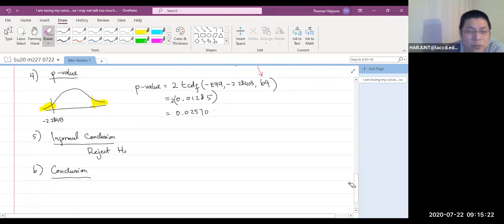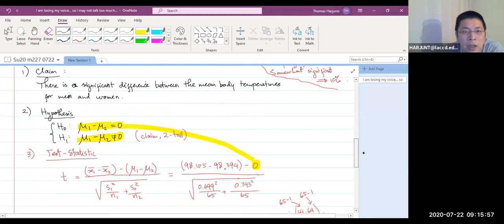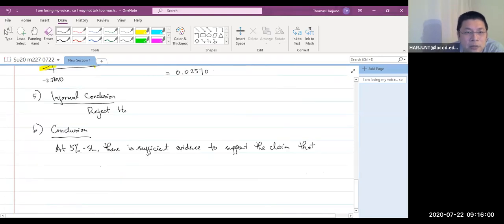So the conclusion is at 5% significance level, there is sufficient evidence to support the claim that there is